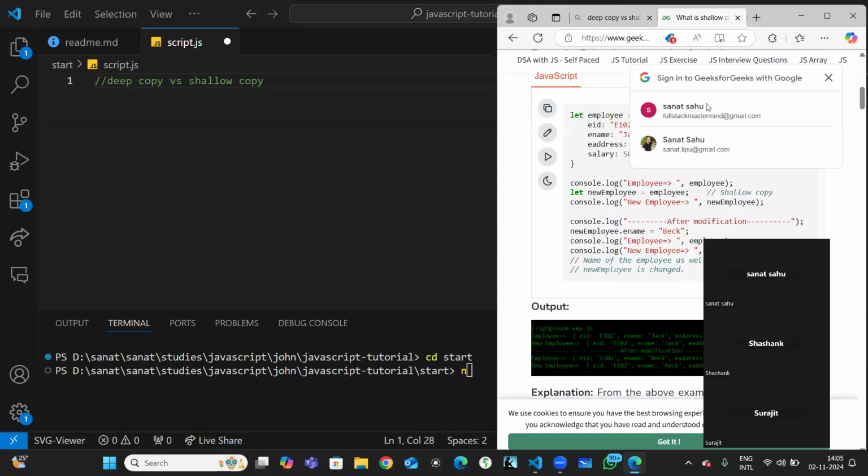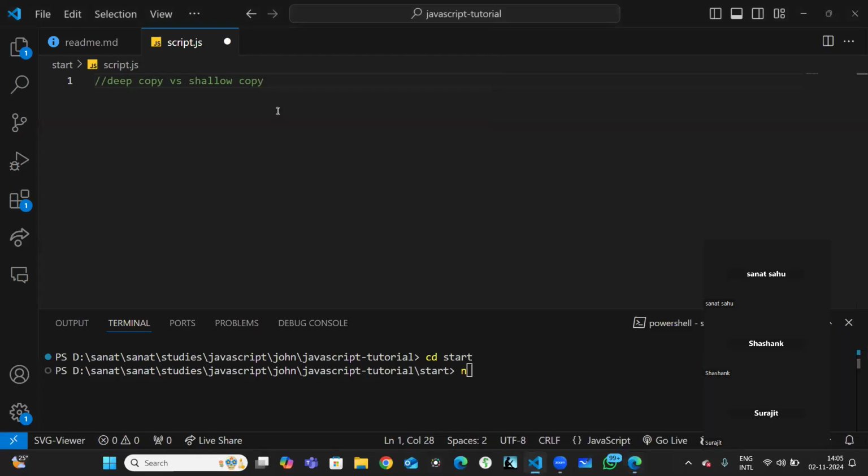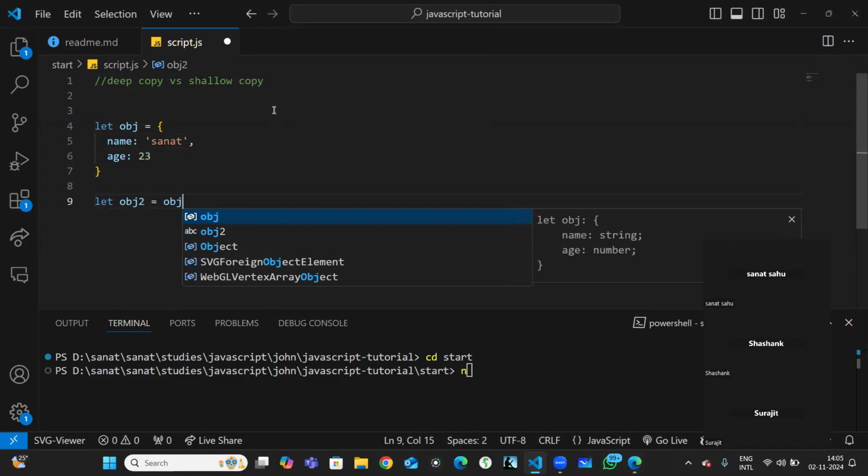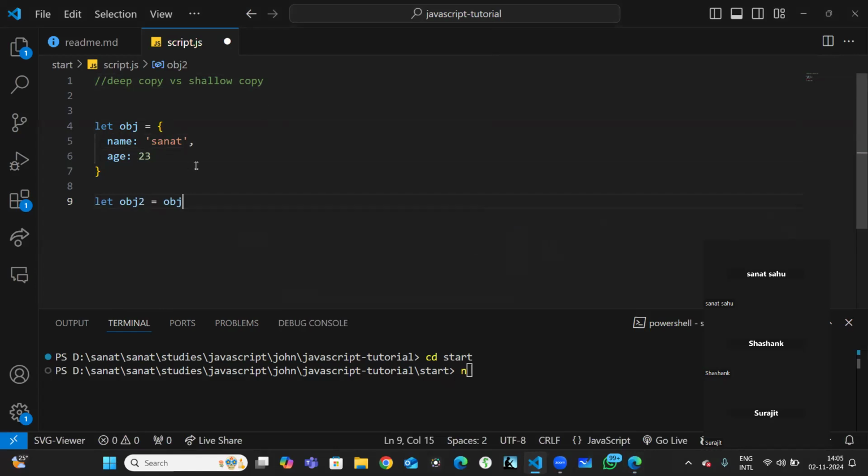Very little. So deep copy, shallow copy is like I create an object and just give the same object, same example like that guy has given. So name is my name, age is my age, 23. Now I just create one more object, object 2 equals object 1. Now this is shallow copy. Shallow copy means that I just copy the value. So now if I just do a log of